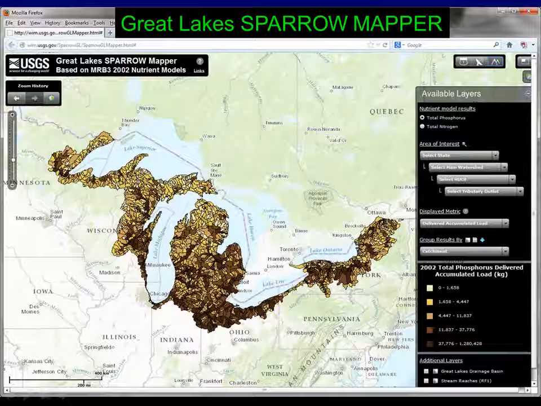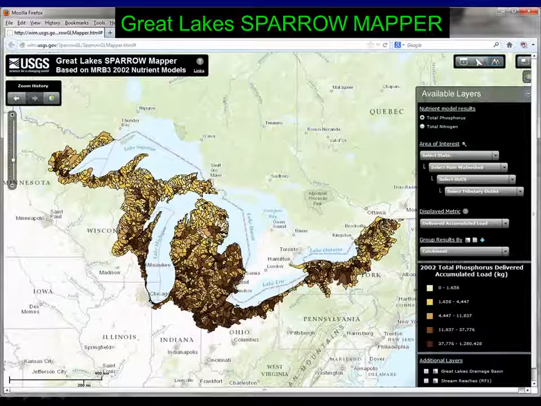The other thing is that, yeah, I completely agree. The same thing as if you want to go SWAT and you want to go to a field level, that's probably not the right model either. You want to go all the way to APEX. So I would say choose the model for what you're looking for. SPARROW's a great starting point to rank big basins, using it to, let's say, take the entire Mississippi River Basin and divide it in how much is coming from each state.